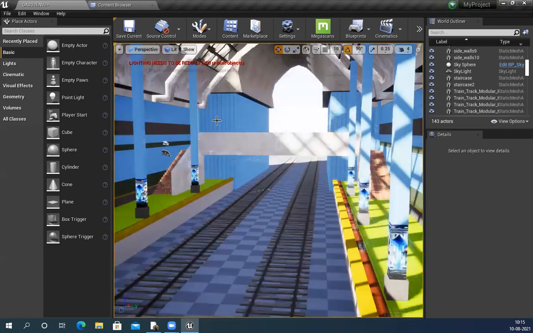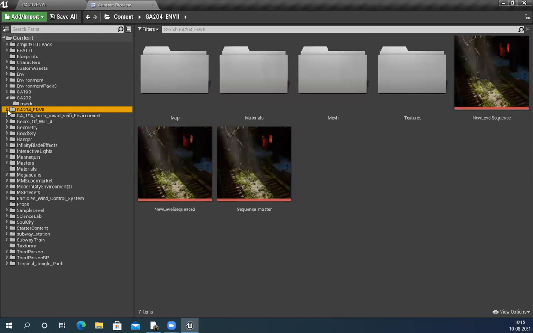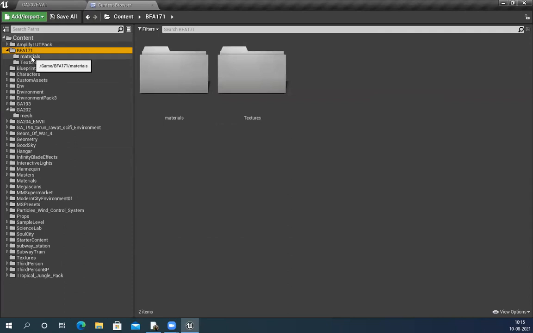To create pipes and all, I have created a blueprint. If you guys want it, I can definitely share that. Let's see, this is my blueprint. I believe it must be here somewhere.